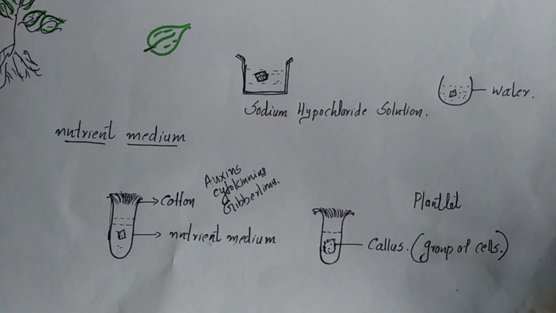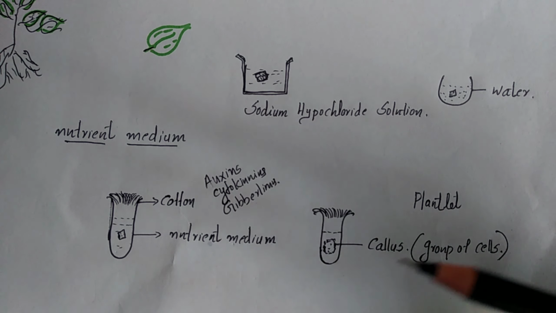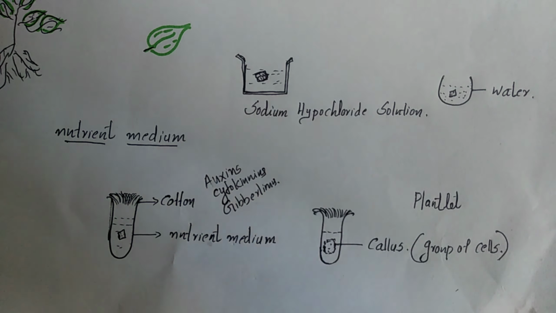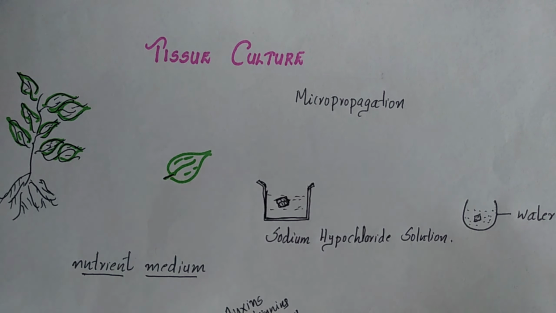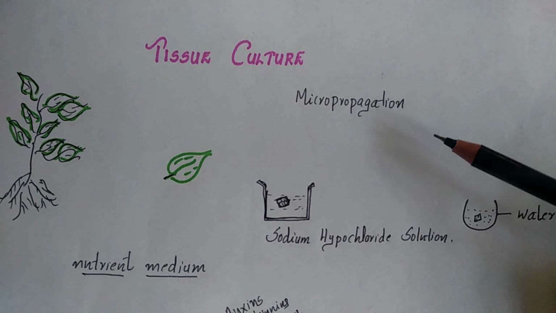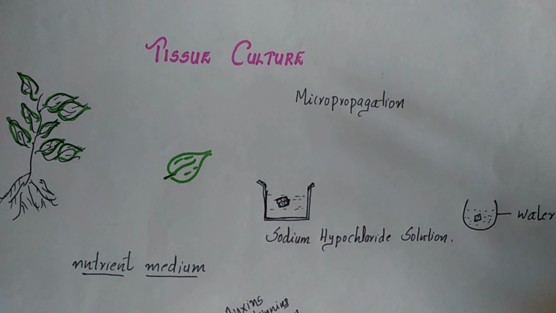Now each of these plantlets can be transferred into the soil after better seedbed preparation. Each one will develop into an adult plant. So this is the practice of tissue culture. Tissue culture practice is also known as micropropagation in vitro, and this is practiced mainly for growing ornamental plants like some varieties of roses, and even some other ornamental plants like petunia, etc. are developed by tissue culture. So this is what is meant by tissue culture.